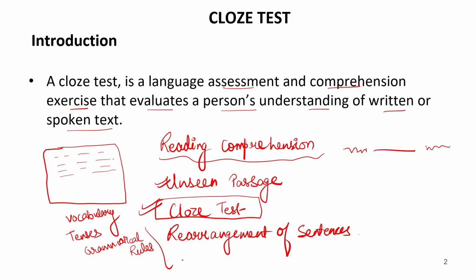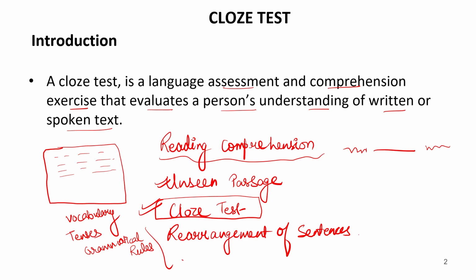Now, if it is the third form, it is very important to see the structure of the sentence, whether it is an active sentence or a passive sentence. If it is active, only has, have and had can precede the third form of the verb. But if the sentence is in passive form, then a be form can come in the blank. Therefore, we should keep in mind what is the word before the blank and what is the word just after the blank in the given passage or in the particular sentence in the passage.